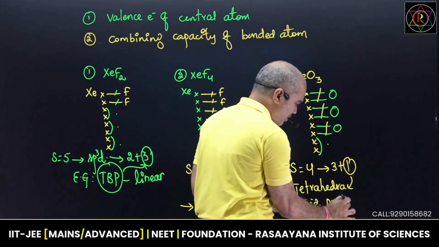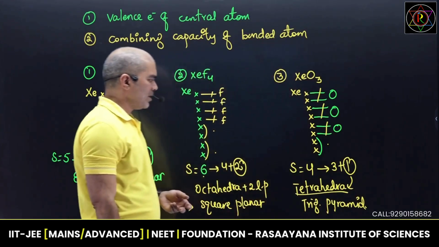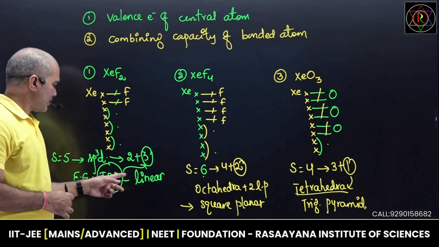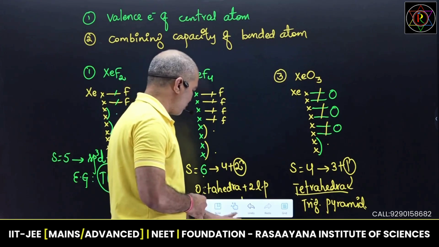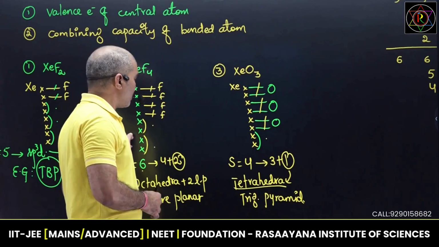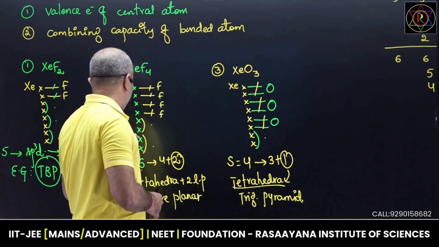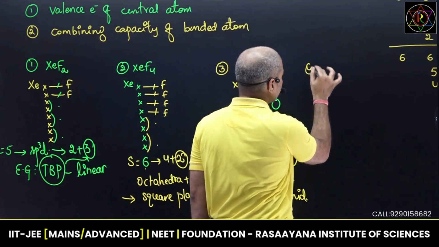This is an additional point. In the exam it was related only with the electronic geometry, tetrahedral. So TBP with 3 lone pairs of electrons, octahedral with 2 lone pairs of electrons, tetrahedral with 1 lone pair of electrons. And one more last molecule that they have given was